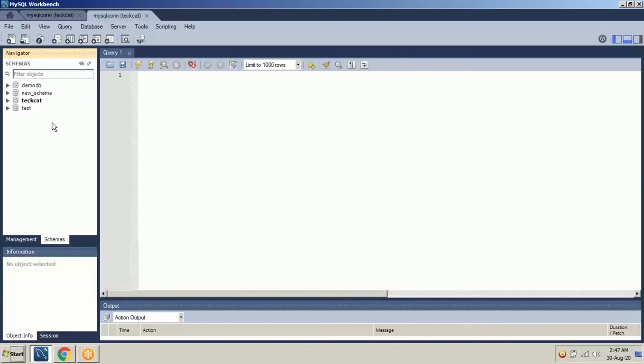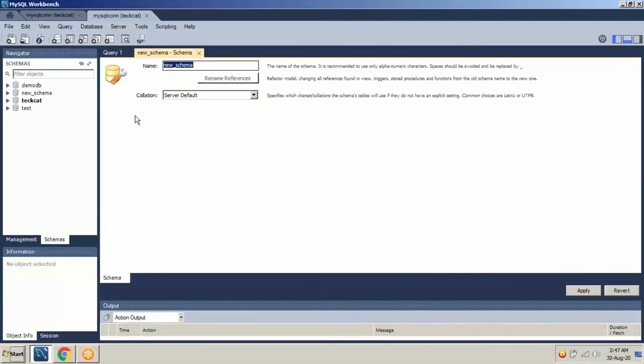To create the schema inside MySQL, you have to go up here. It says create a new schema in the connected server. You just click it. It will ask you for the schema, the new database name.